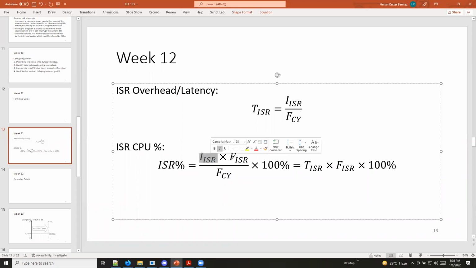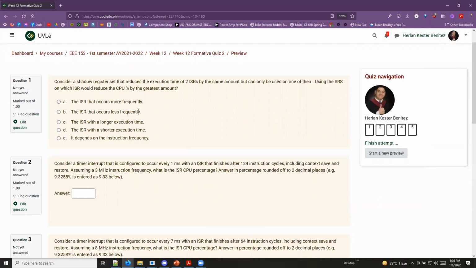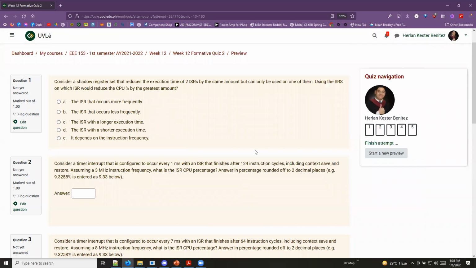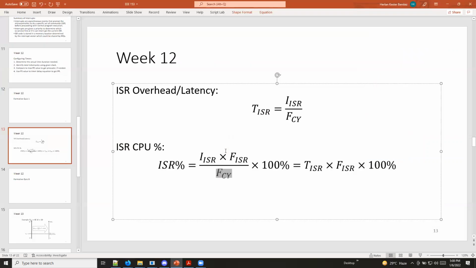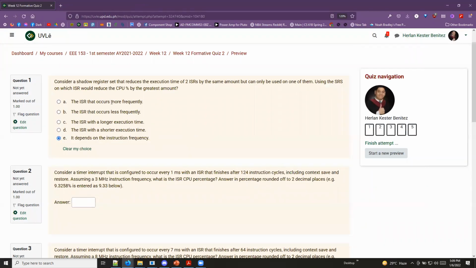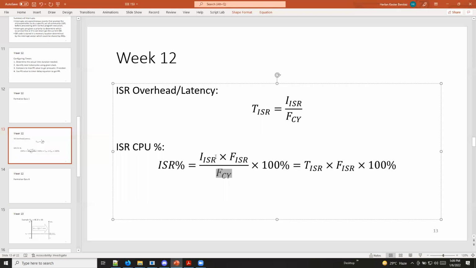So, instructions times frequency of the ISR divided by the clock frequency. So, if the ISR is more frequent, its CPU percentage will be higher. If less frequent, lower. If longer execution time, higher. So, how do we actually answer this? For example, if we reduce the instructions of the ISR,